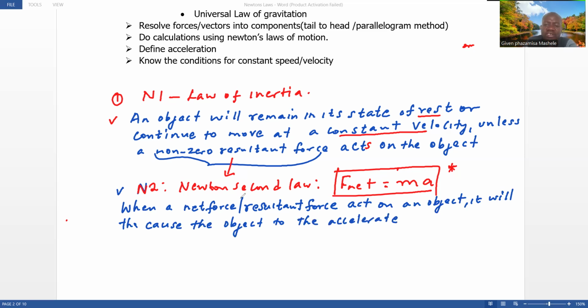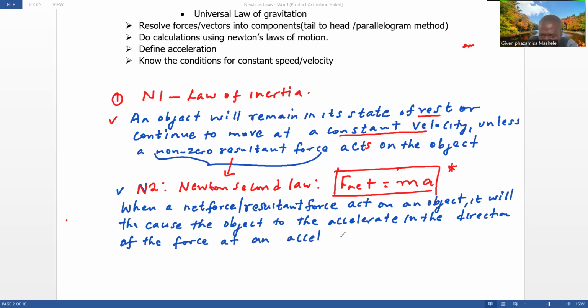You can also say it causes an object to accelerate in the direction of the net force, or in the direction of the force, at an acceleration